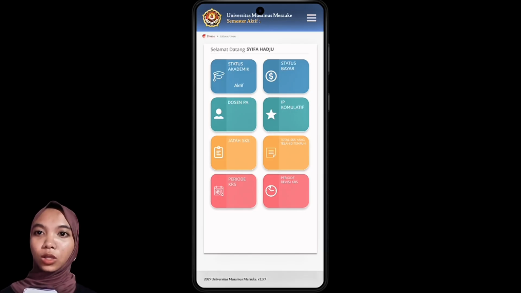Most announcements were shared more efficiently through WhatsApp groups or other social media. Because of that, in the new design, we decided to remove these features to make the homepage cleaner and easier to use. And now, the main page directly displays academic information, making the SSO simpler and faster to access.